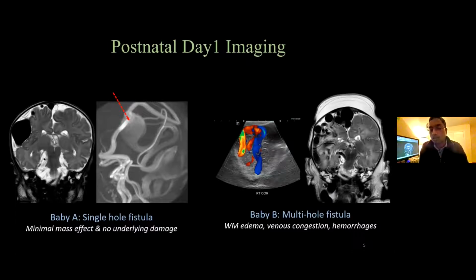It causes edema. It causes venous congestion. You can see the varicose veins in the brain, the mass effect; the hemorrhage has already occurred. There is a lot of white matter edema and mass effect as well. So the first baby we were able to wait, and we saw at about 3 months that this pouch is